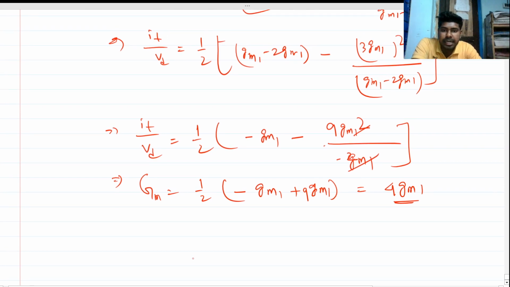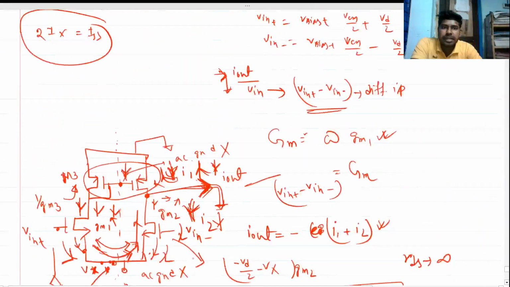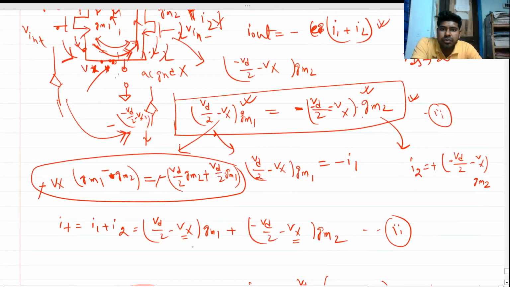So I think it is not correct. I have made some mistakes. Okay, let me check once. So this is the current flowing downward, and this current is also downward, and if we make a negative, this will be upward. Okay, so now